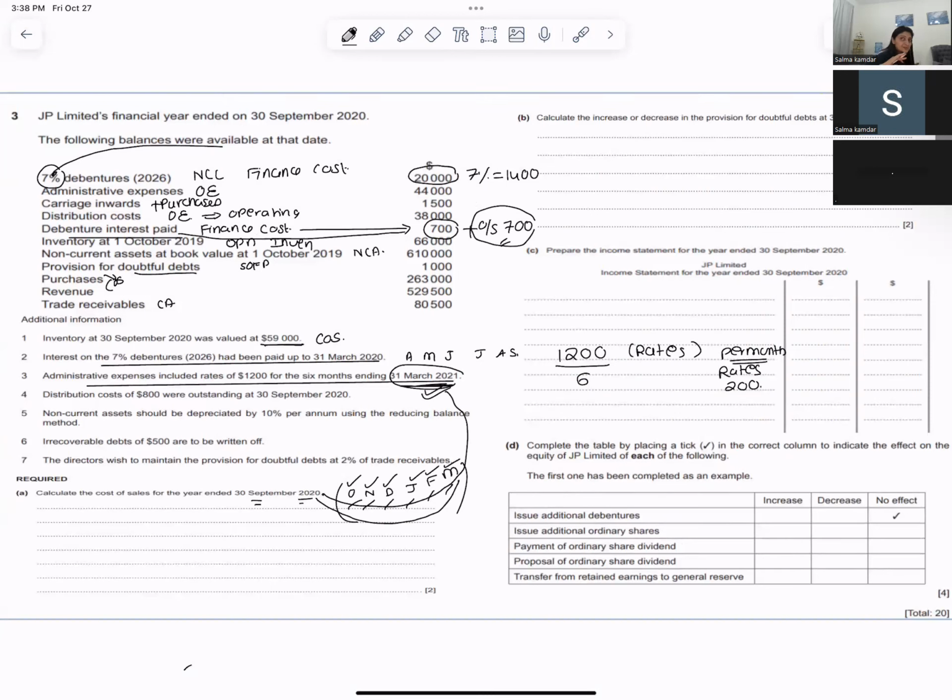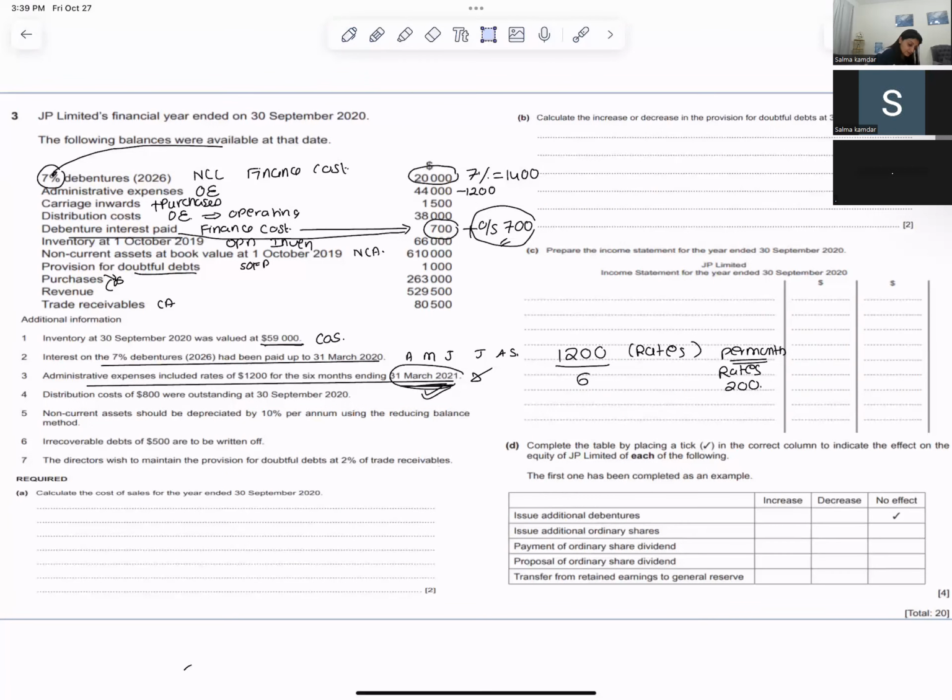So anything that is not related to the current year has to be subtracted. So I will subtract 1,200 from this, put it on my question, and I incorporated this adjustment. Are you with me? Okay, fine. Go to the next one.